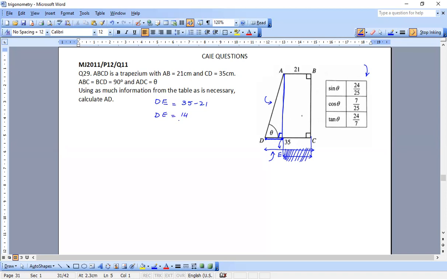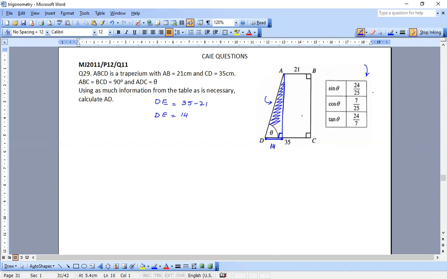So I can say in the triangle DEA, I at least have the length of one side of the right-angled triangle. This length over here is 14. But apart from this, there is nothing else given to me, and nothing else which I can calculate. So now that I have the right-angled triangle,